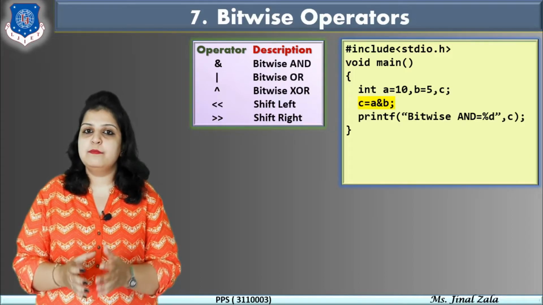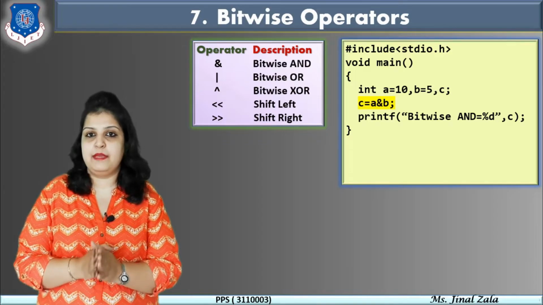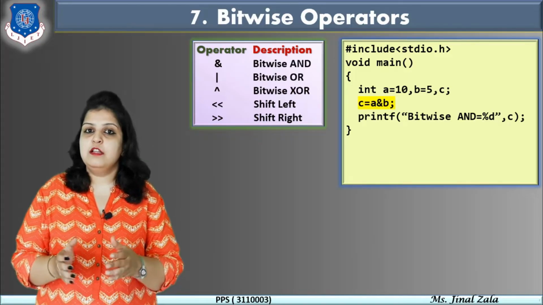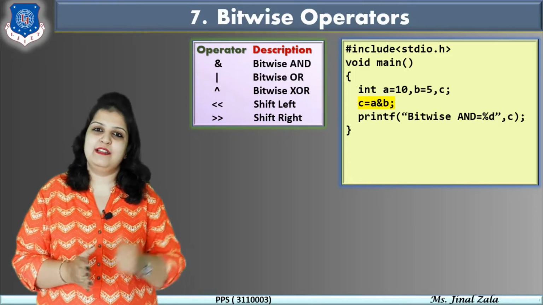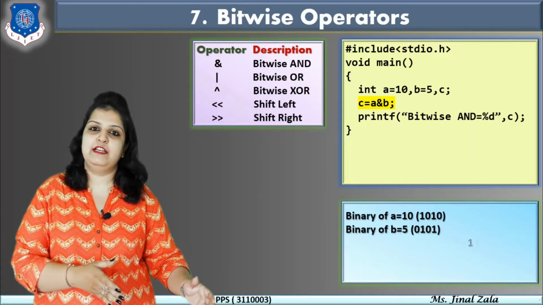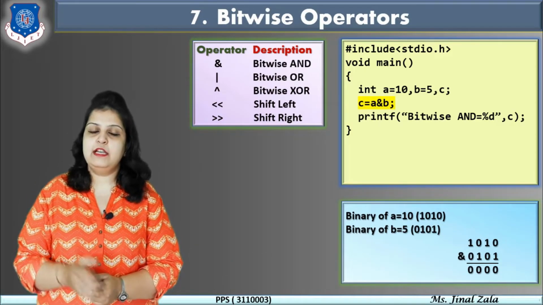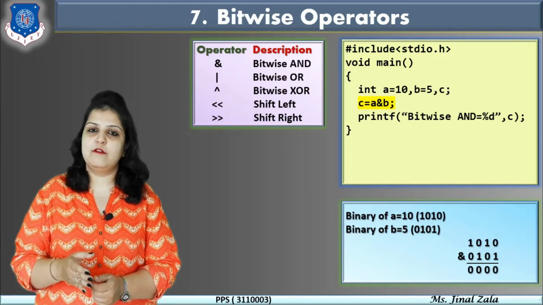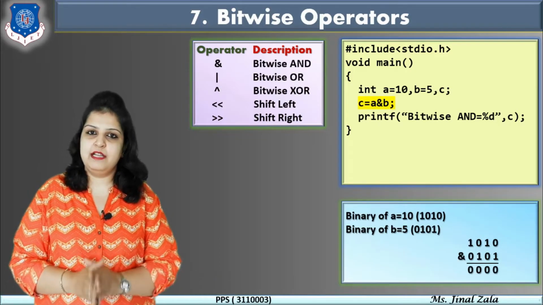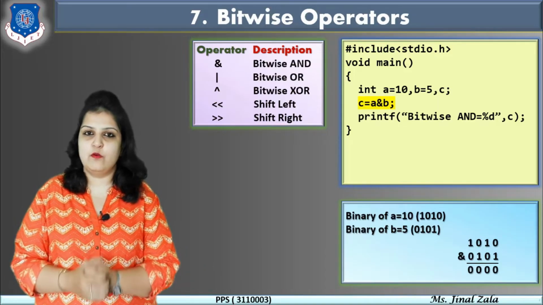Now how will the program execute? Here we have to do bit level programming, and the values of a and b are in integer form. So first of all the decimal values are converted into binary form. See in the table below, first a and b are converted into binary form. The binary of 10 is 1010, and you will learn all this number system in the digital electronics part. Just remember this example here, and the value of b in binary form is 0101.